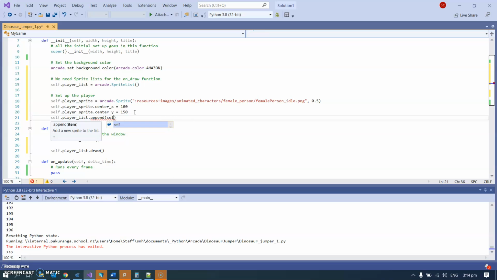self.player_list.append(self.player_sprite)